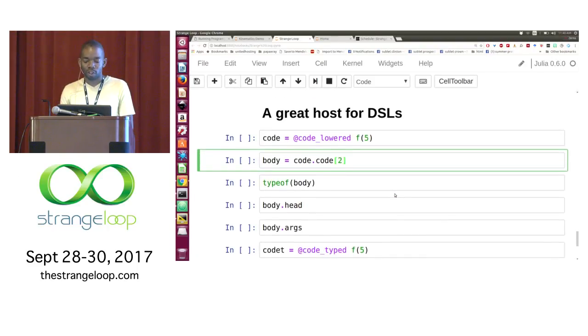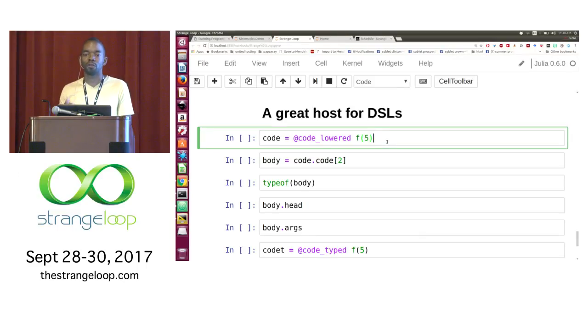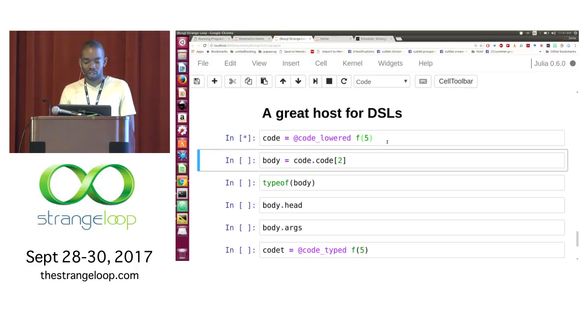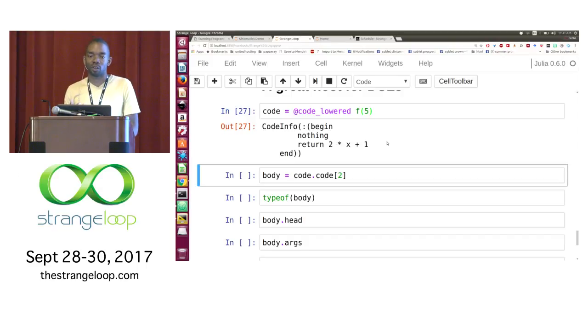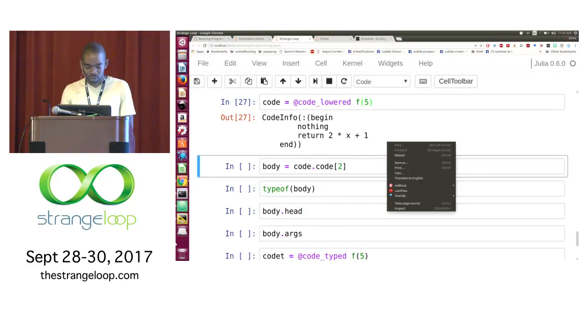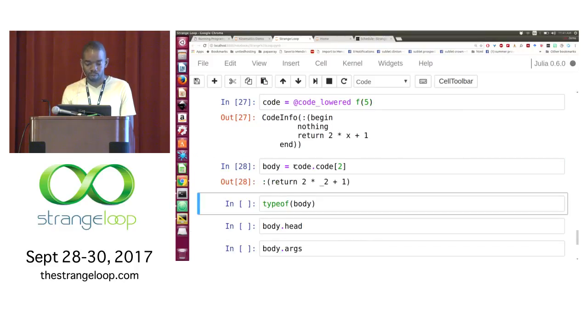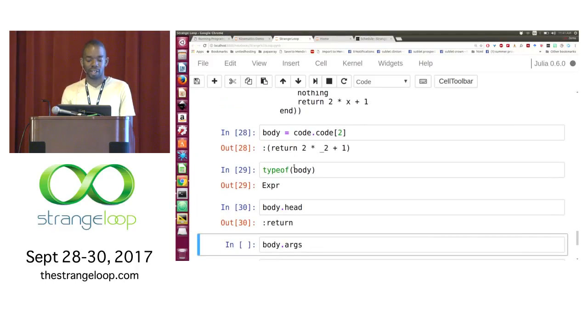One of the things that you can do in Julia, which I don't know many other languages that you can do, is look at the code that you're generating on the fly. For example, I made many different functions. I can use this function code lowered. It's actually a macro, but I'm not going to get into that. But it returns me the syntax of the program that I just wrote. And this is really a syntax tree, so I can go in and manipulate this function as I wish. It has a body, it has a type, it's an expression, it has a head, args, and so on.